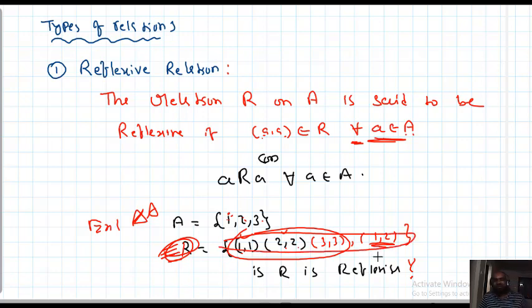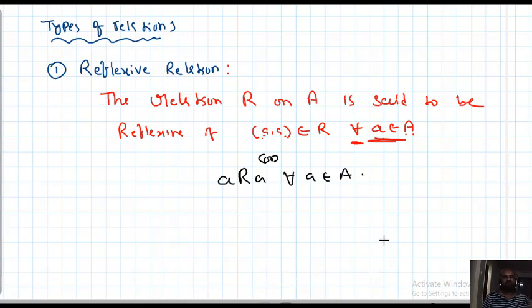Okay. So checking reflexive is difficult. Checking the types is very difficult. Okay. I hope you people understood, no? So once again listen. A is given as {1, 2, 3}. We want to check whether this relation R1 is reflexive or not. So what should R have? (1,1), (2,2), (3,3) and some extra; that is not a big problem. If (1,1), (2,2), (3,3) are there, we can say that it is a reflexive relation. Okay students, now I am concluding reflexive relation.